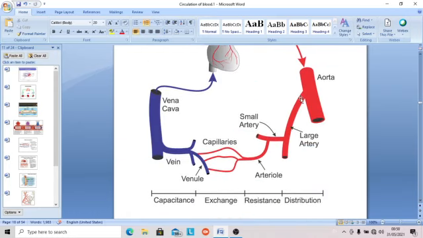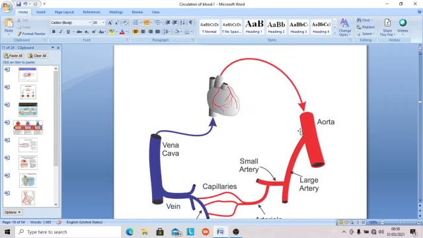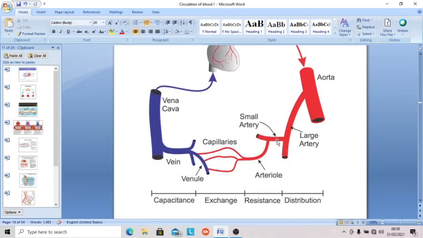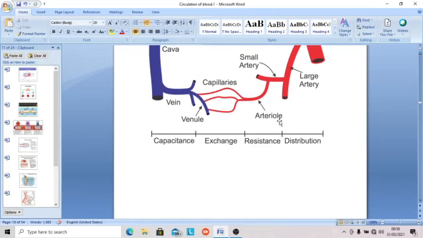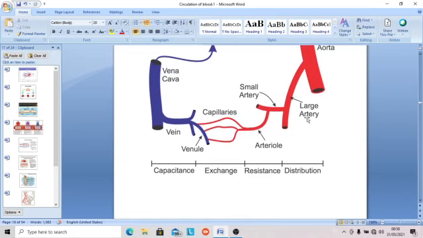This is the same thing, arterial structure. This is the aorta, large artery, then small artery, then you have arteriole, then capillaries, then venules, veins, and vena cava. So these large arteries act as distribution channels. Then the arterioles and small arteries act as resistance channels. They reduce the pressure, make the pulse disappear, because before you get to the capillary, you should be prepared. Very high pressure would rupture the capillary and will not help.